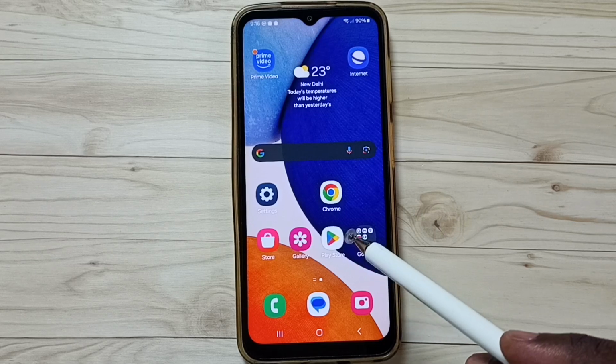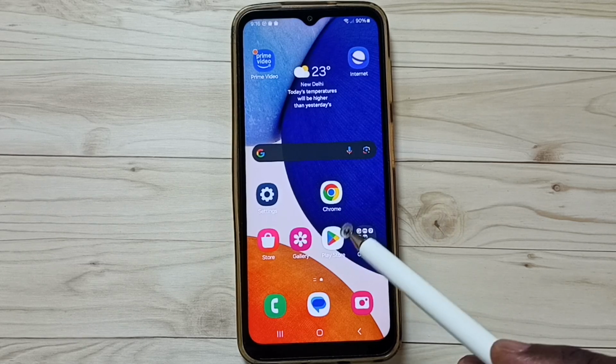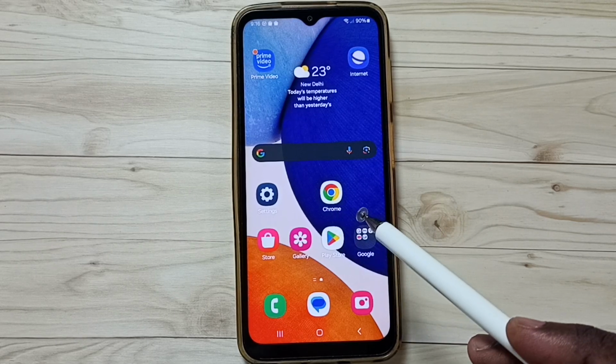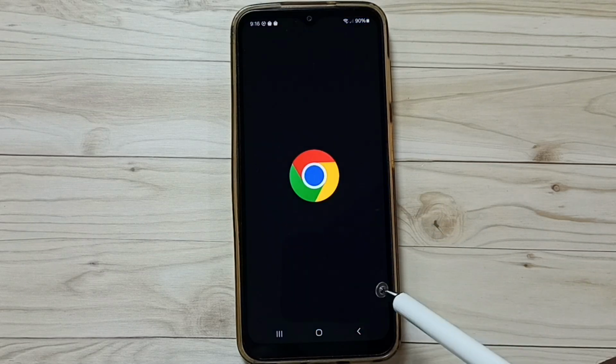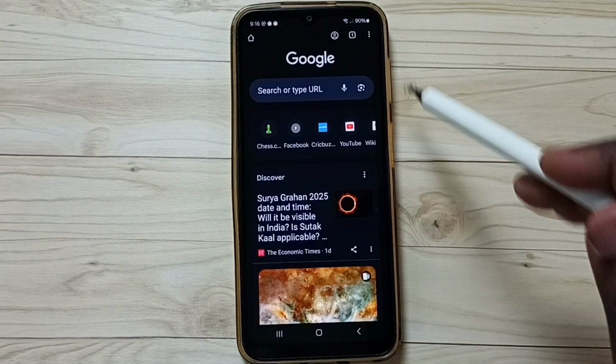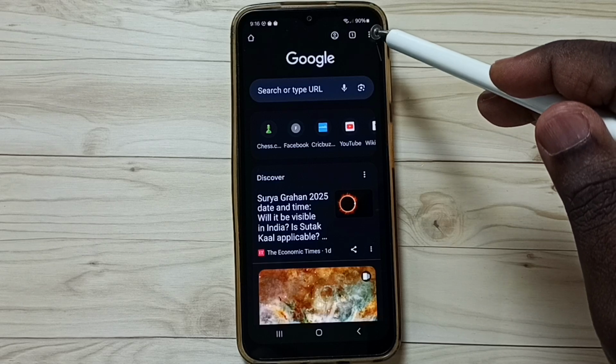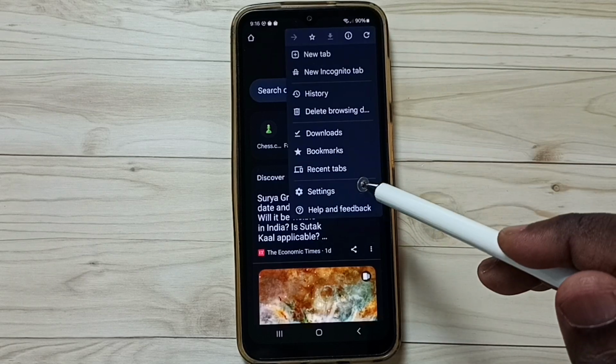Hi friends, this video shows how to get rid of pop-up ads on Google Chrome browser. Let me open this Google Chrome, tap here, then tap on these three dots on top right corner, go to settings,